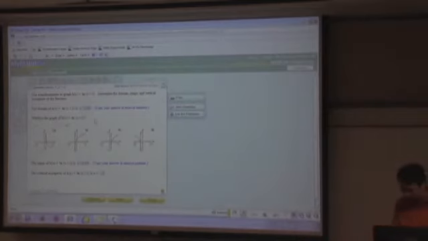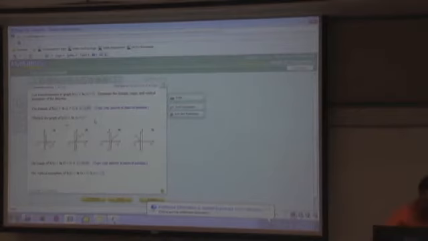Okay, so let's see if I can do this without getting all the lights flickering and all the other fun stuff going. I'm trying to turn it around, so we'll see if it works. So far so good. Okay, so